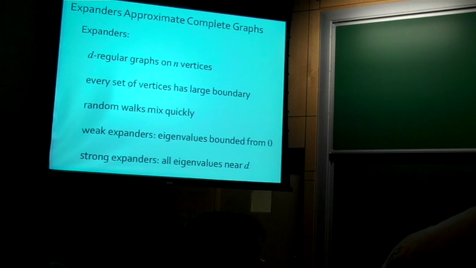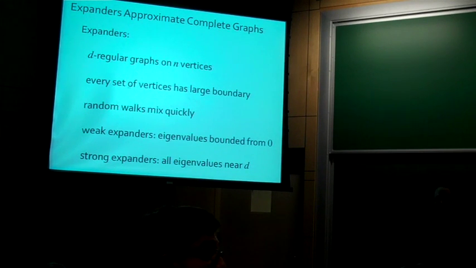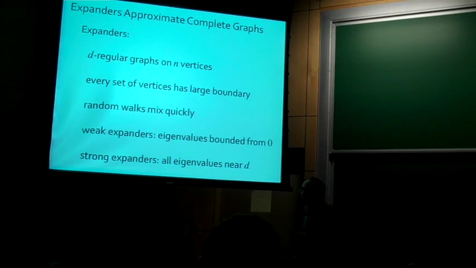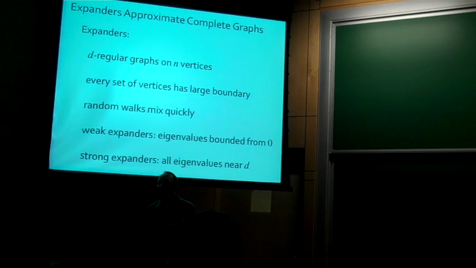So I want to give you one of our motivating examples. The first question is, why should this even be possible? Well, we knew a few examples. In particular, we know that expander graphs are good approximations of a complete graph. So the complete graph is the graph with all edges, say weight one. Out of curiosity, how many of you have run into expander graphs before?